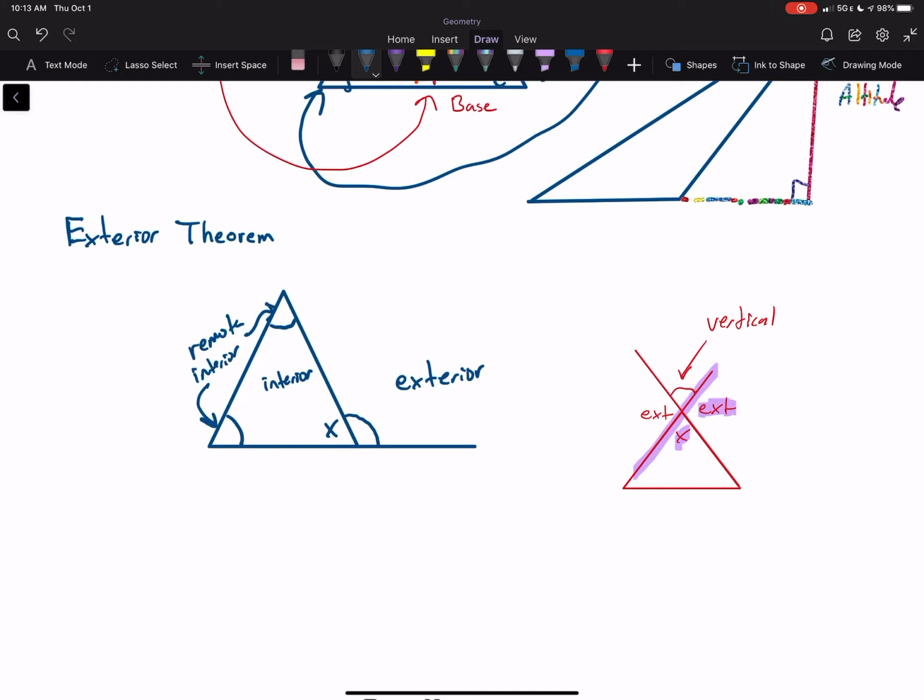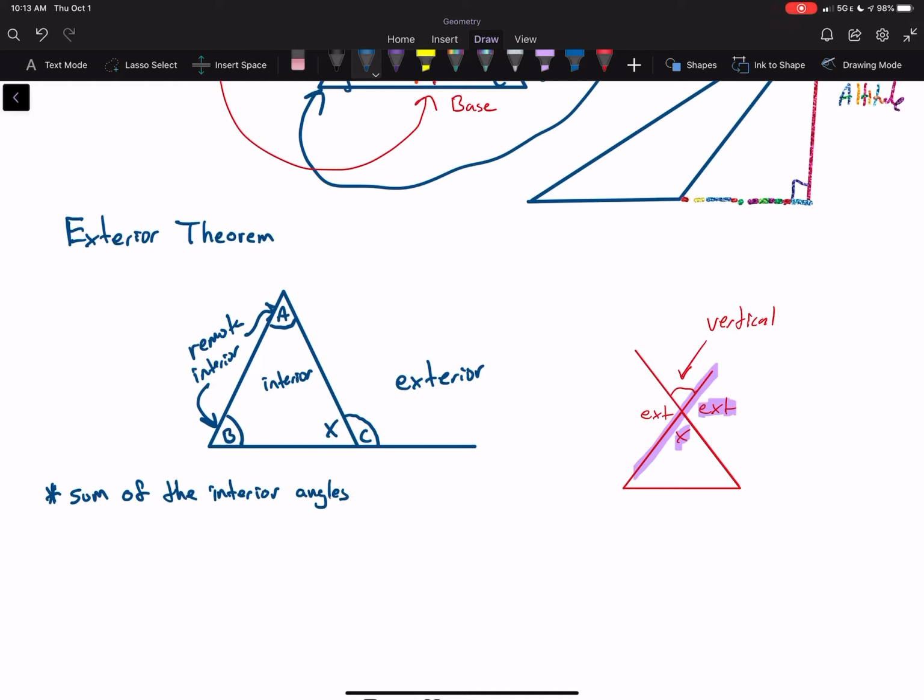That one and that one. All right, so now if I label these, I'll label this one A, this one B, and this one C. Now there's some interesting things because remember, something that's important is that the sum of the interior